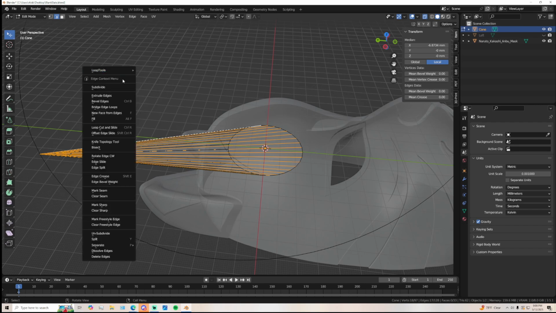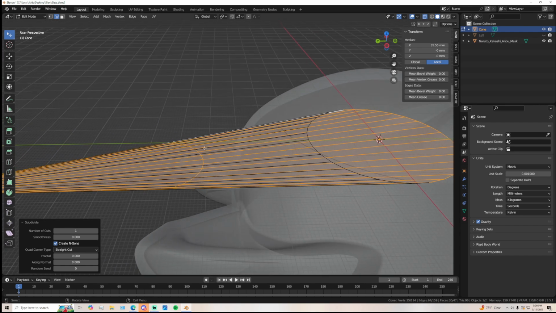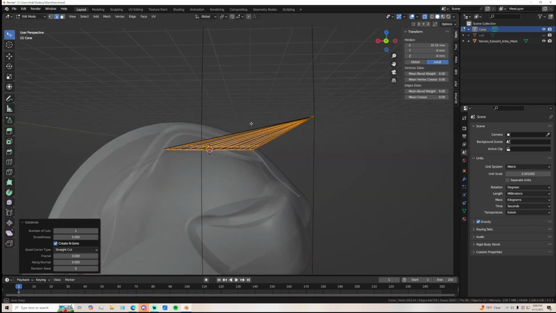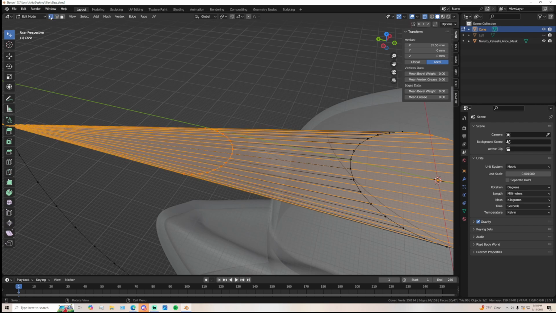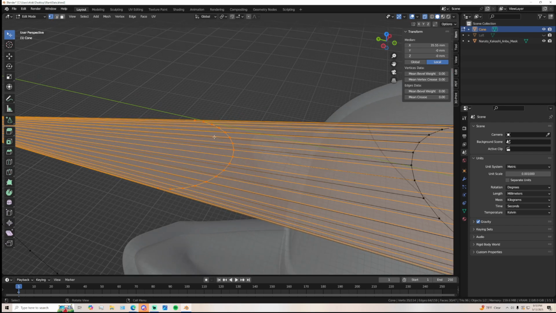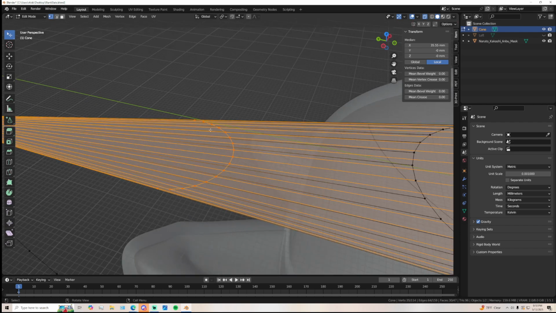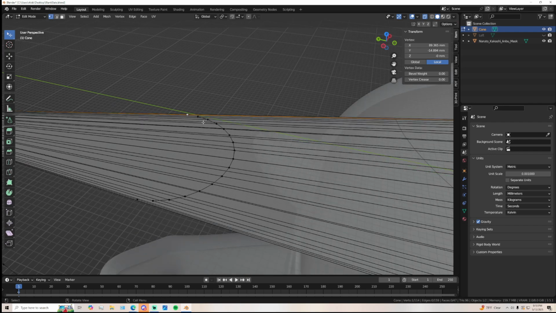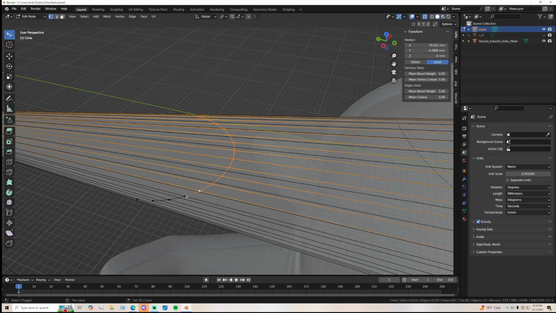And what I want to do is I'm going to subdivide this once. Subdivide essentially puts, as you can see, a line through all of these. So it pretty much made new vertexes right down the center. And pretty much it always subdivides halves. So we're going to go through, we're going to select all of these, and